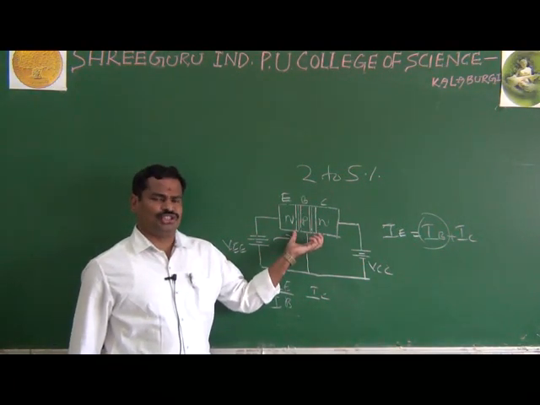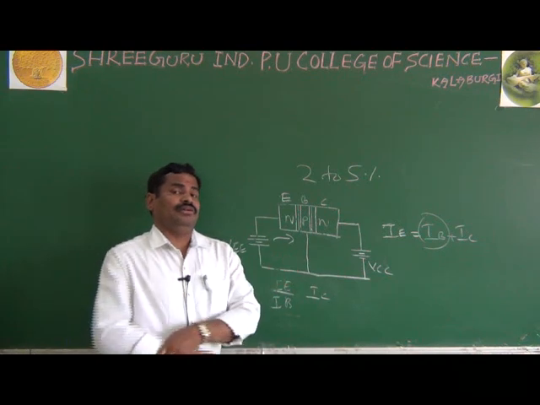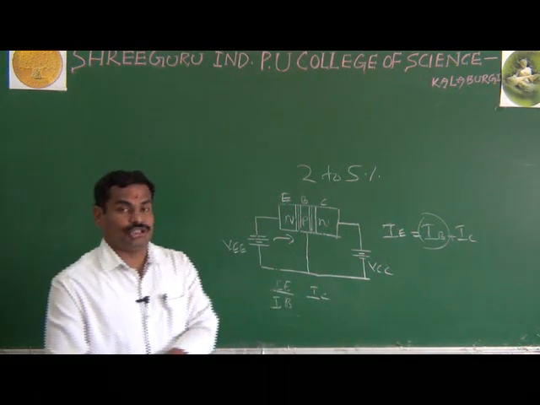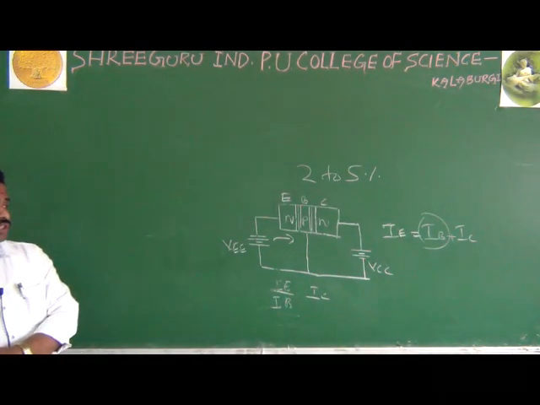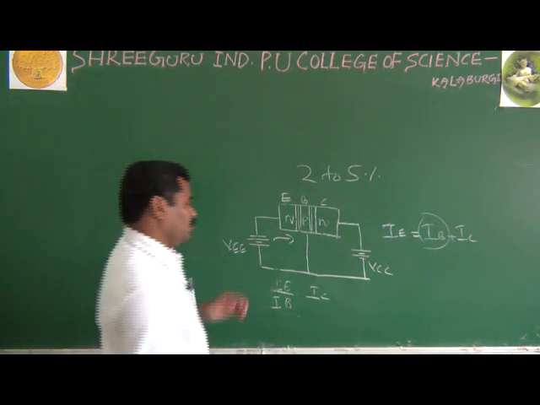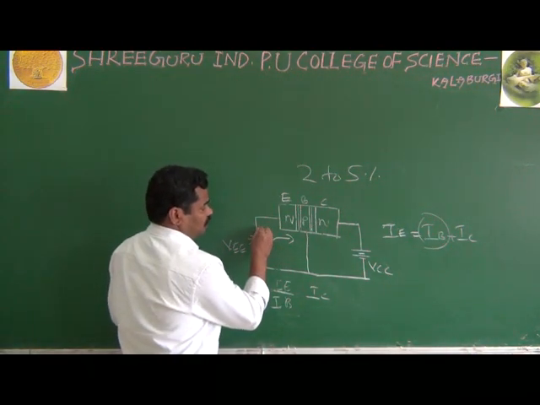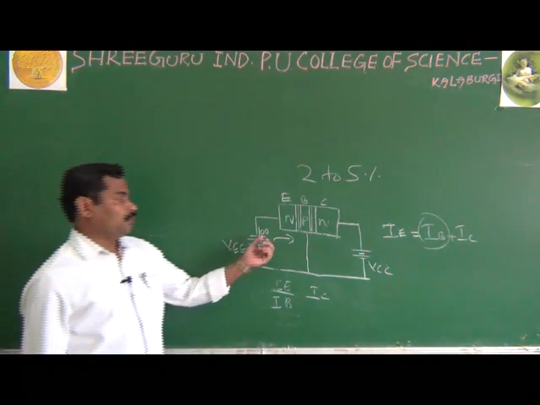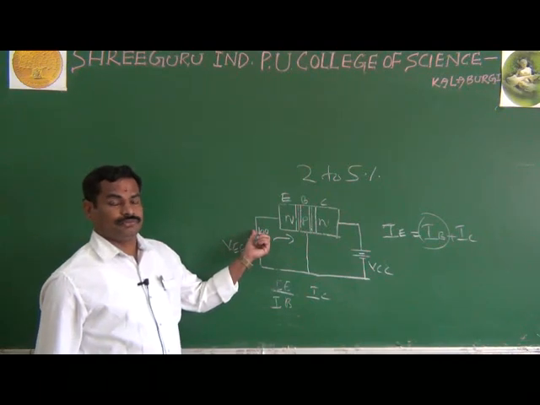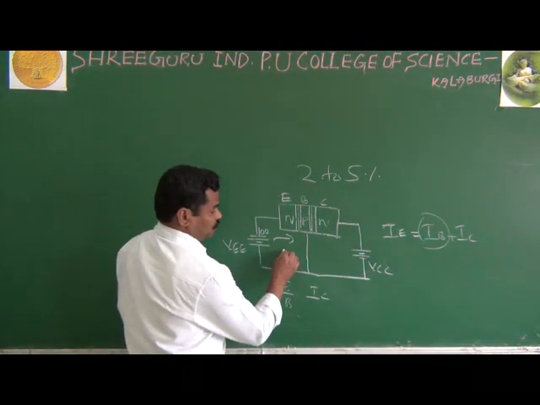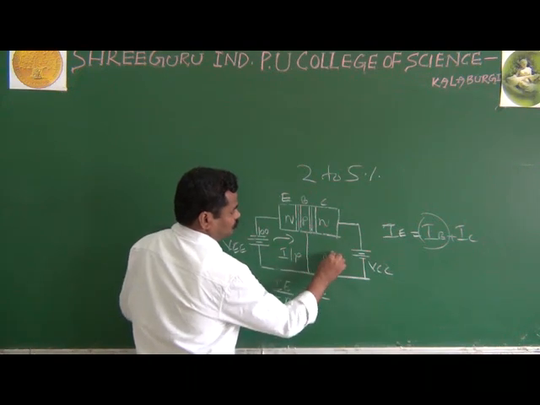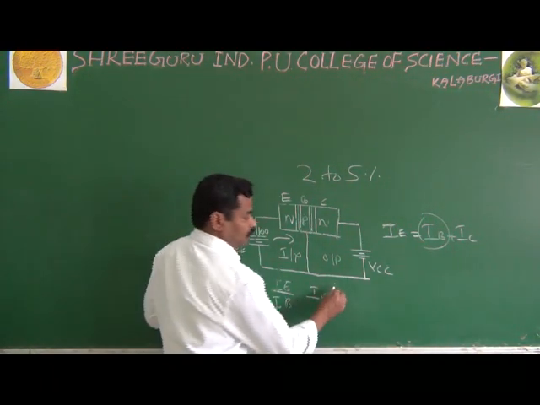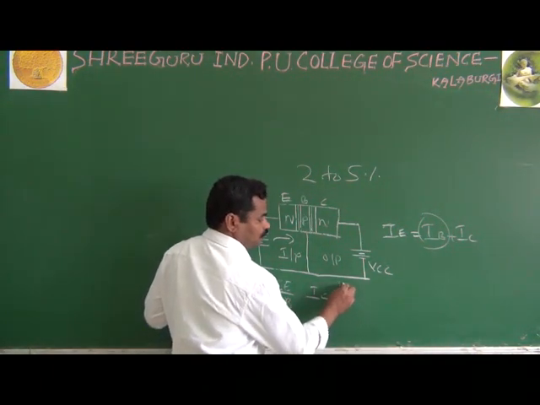But I have seen so many books, they are given this much only. But because you studied diodes and have some knowledge about semiconductors, let me take one small example. Consider you are applying 100 electrons to the emitter. We are applying 100 electrons to the input. As I said, this is your input section and this is your output section. It means we want 100 electrons to come to the output.